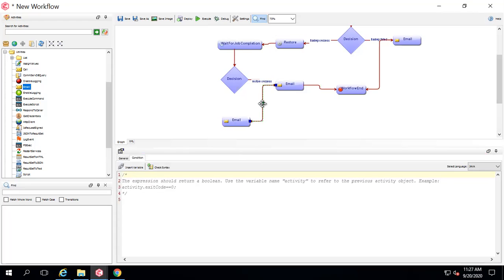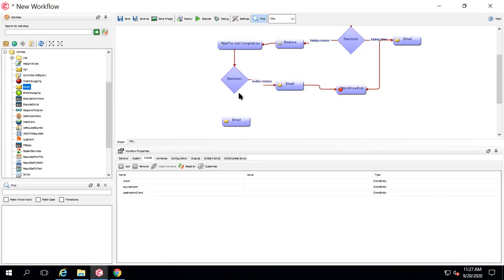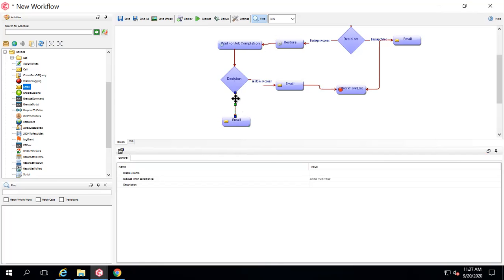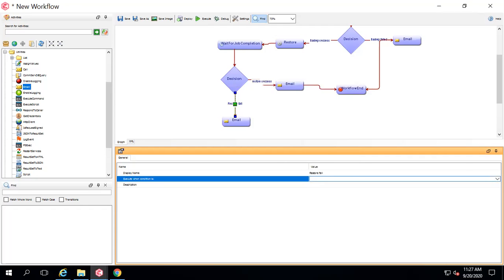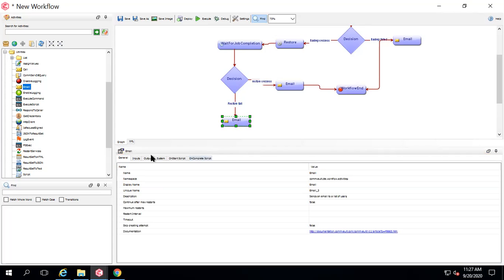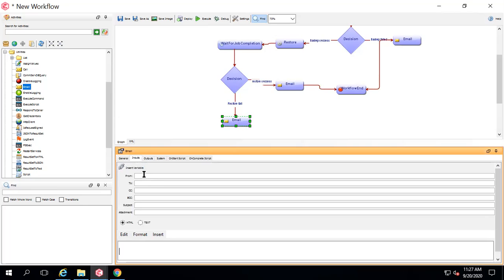And I don't want this arrow coming up from this one. I want this arrow to be coming up from this decision. Now I will select this arrow and define the display name restore failed. Okay. And then I will define the condition that if exit code is not equals to 0, so that means restore got failed. Then send this email in which I can say in the input again,